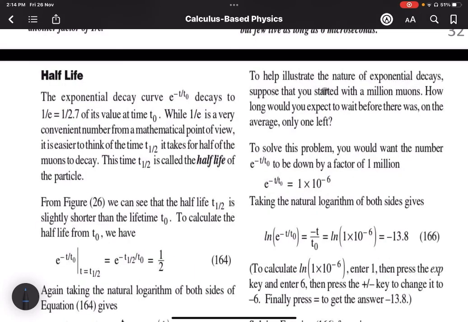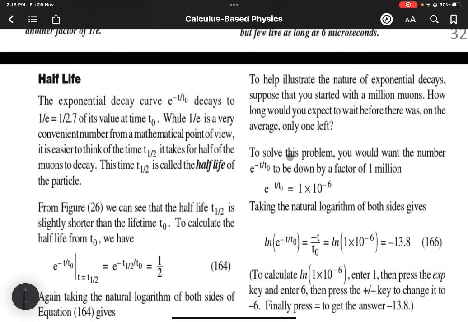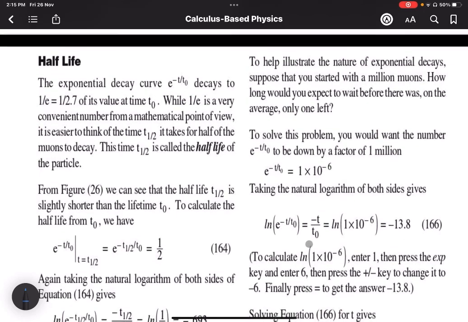Suppose that you started with 1,000,000 muons. How long would you expect to wait before there was, on the average, only one left? Ganon katagal bago siya maging isa na lang. Isang muon. To solve this problem, you would want the number e to the negative t over T0 to be down by a factor of 1,000,000. So, kasi sabi natin, only one left. So, 1 times 10 to the negative 6 power gives you 1 over 1,000,000. Taking the natural logarithm will give us negative 13.8. To calculate,